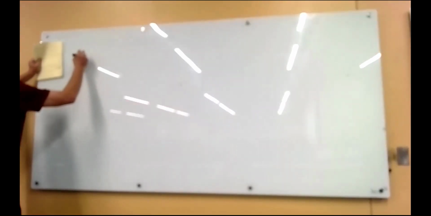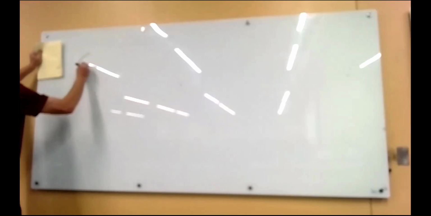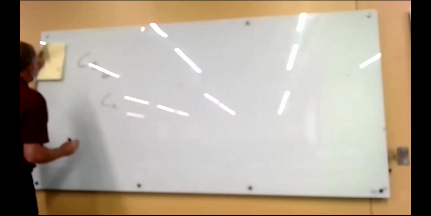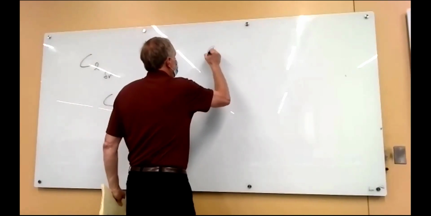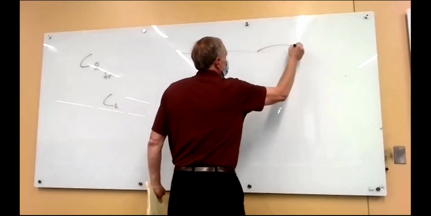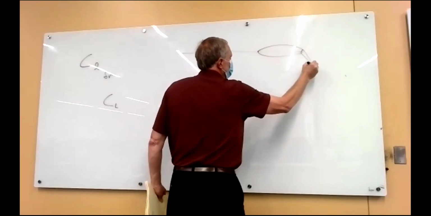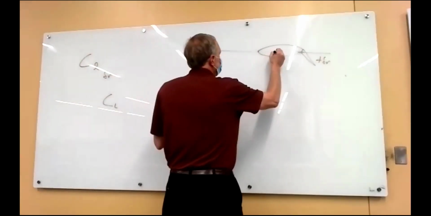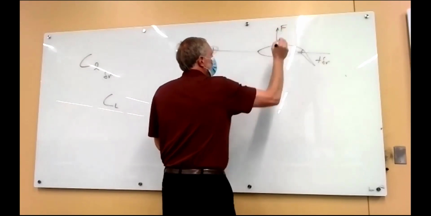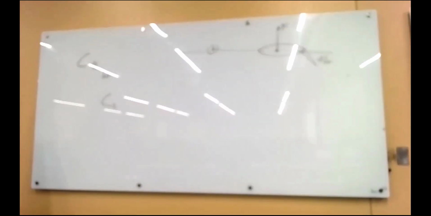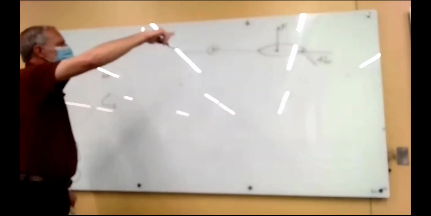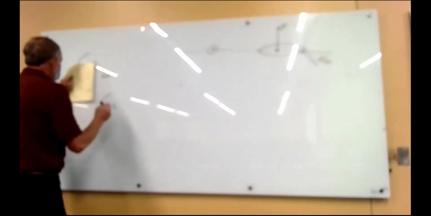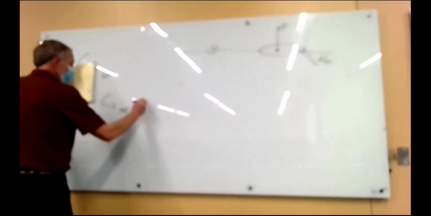All right, so we're talking about CL delta R. If we look at our top view of the airplane, positive rudder is defined as trailing edge left, which produces a force in that direction because of the change in camber. And so the rolling moment is going to be that force generated by the rudder times the ZVS, the vertical moment arm. So that's why I said once you've done one of these vertical tail things,